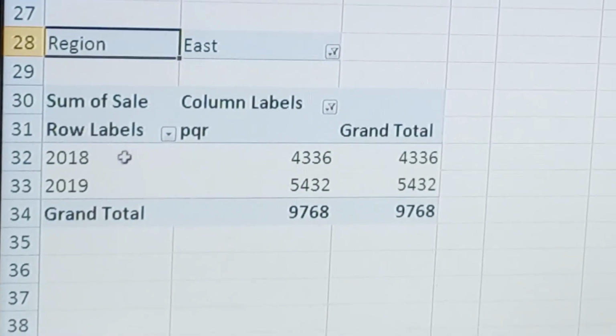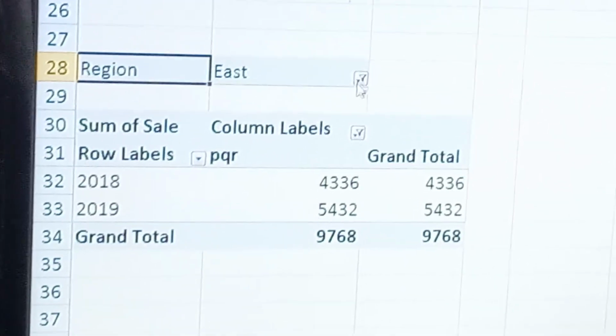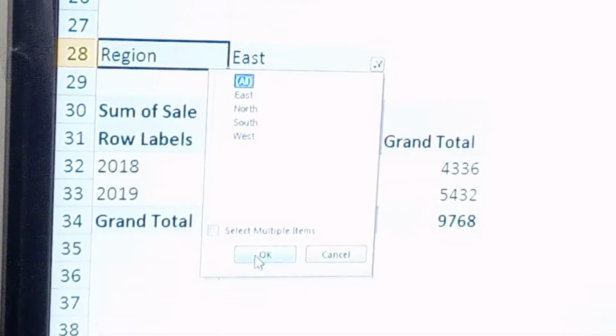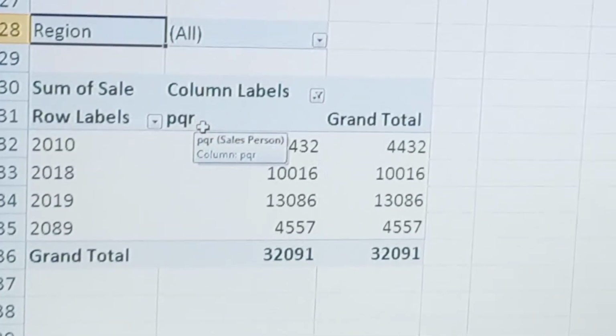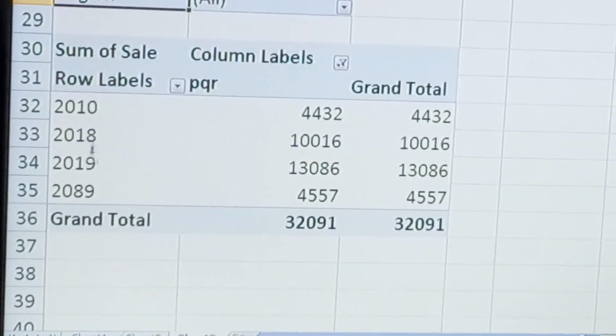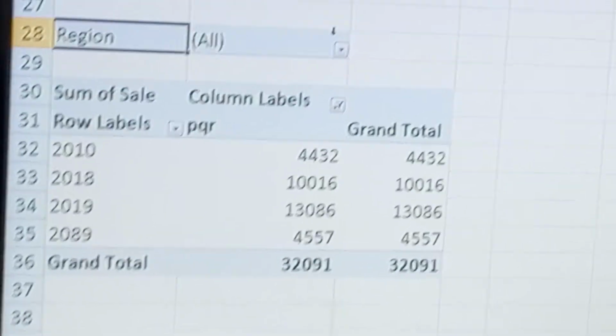PQR works in 2018 and 2019 in the east region. Suppose here you select All, then the PQR salesperson worked in these years and the different sales are these, and it is a grand total.